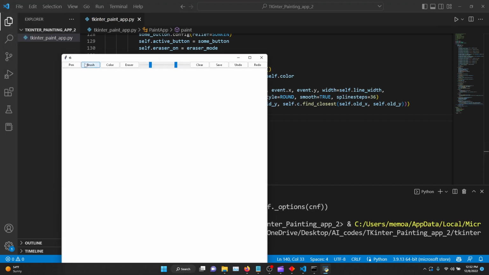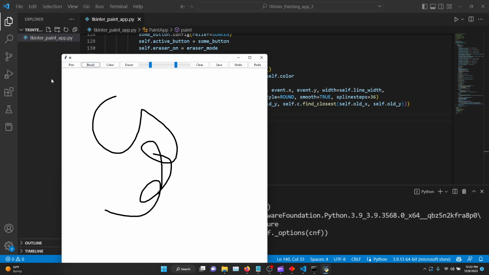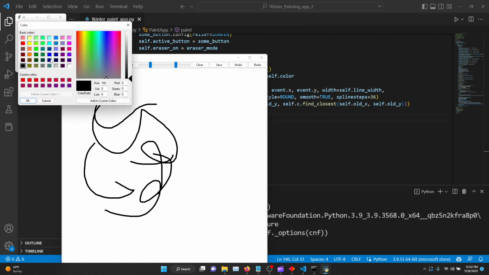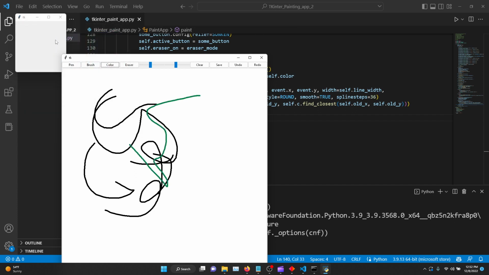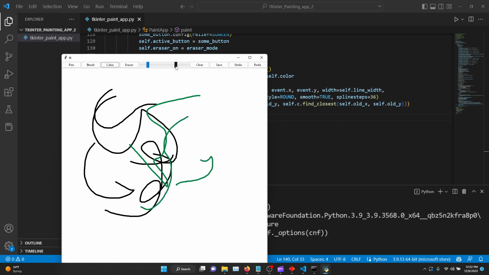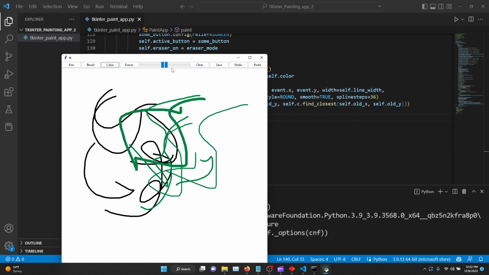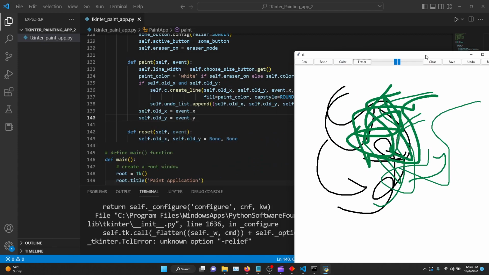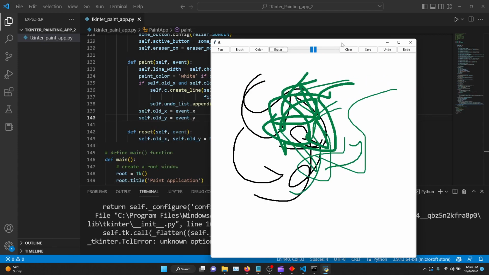And brush, as you can see, it's working. Pen is working. Well, they're, I guess, essentially the same thing. I don't know why this window keeps popping up. What is this, by the way? This doesn't seem to do anything. But this one is the brush size. Eraser doesn't work. Anyway, we can continue to debug it and get it to work perfectly well, but instead,